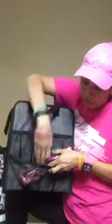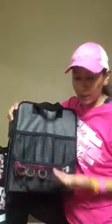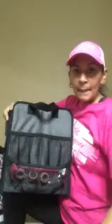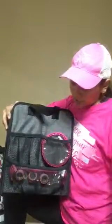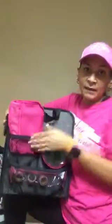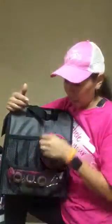Now, I just want to show you guys kind of a comparison. If you have seen our Get Creative PVC pockets, our pouches, here is the slim pouch. So just to kind of show you for reference, the length. If you've got your crochet needles or you were considering putting them in here, this will fit perfect right there. Okay, and then we also have our round. That will fit right in there. If you have our rectangle, that will fit in there. It's a little bit smaller. When you pack this thing down, it will fill out. I just have it empty for now just to kind of show you guys